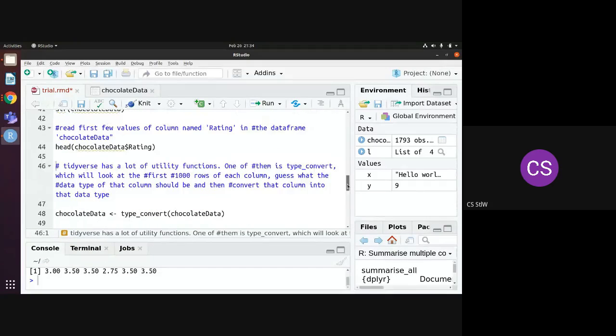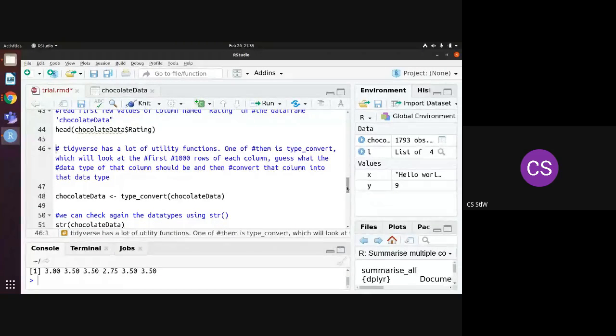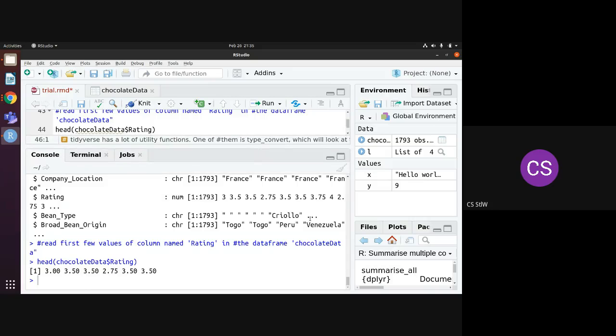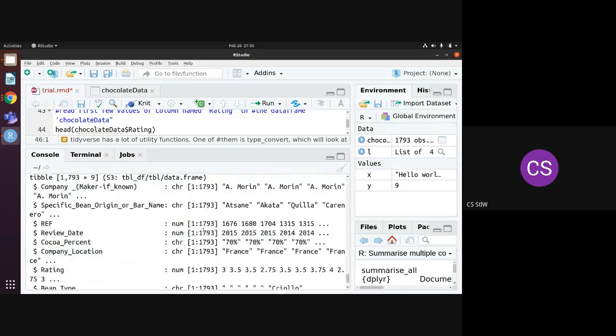The tidyverse package has a lot of utility functions, one of them being type_convert. It will look at the first 1,000 rows of each column, guess what the data type of that column should be, and then convert that column into that data type. So for our case, we noted that this should be a number. type_convert will look at each column and see, okay, this is a number, it should definitely be a number. This is a number, it should definitely be a number. This is a character, it should definitely be a character. So we use that